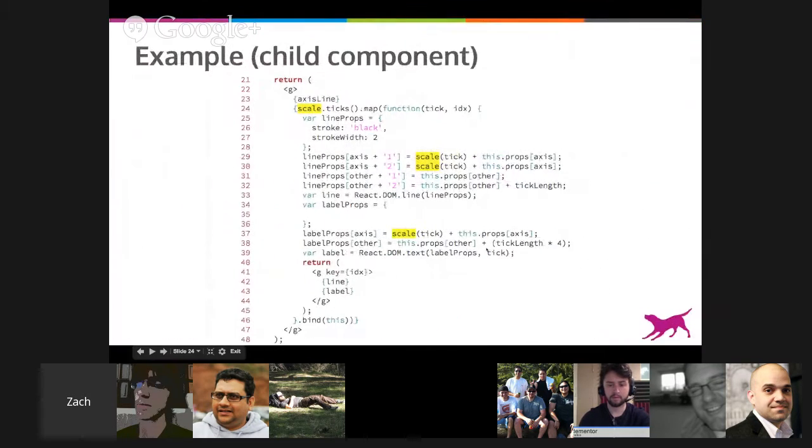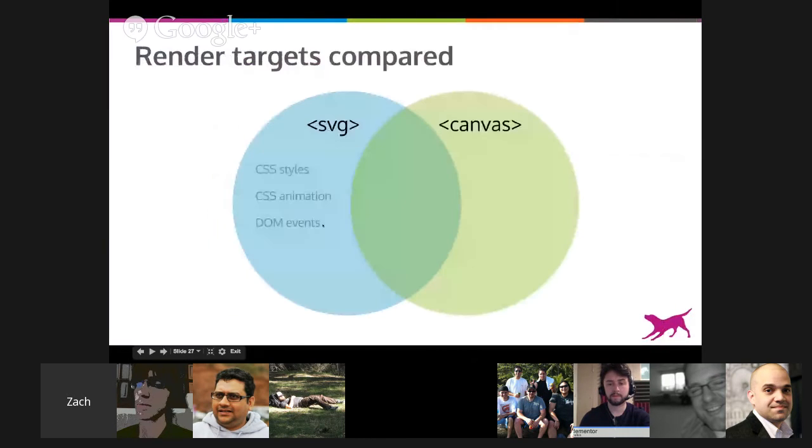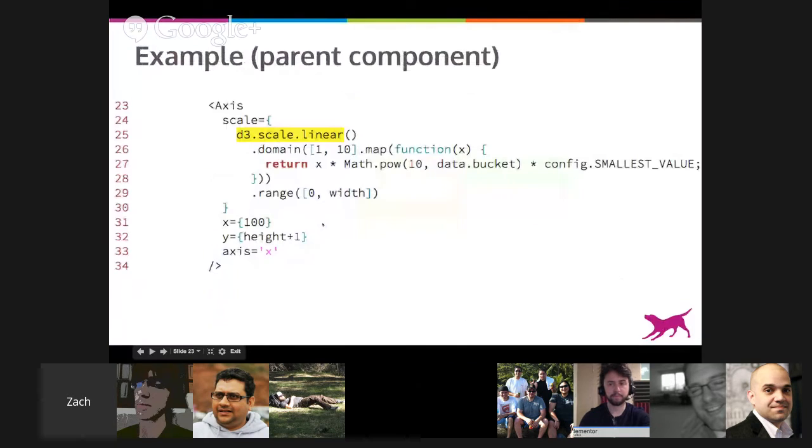And this is great because I don't have to implement scaling now. And so within the child component that gets that as a property, you can see I can use scale.ticks to get a list of ticks, and I can just map right over those and then return,